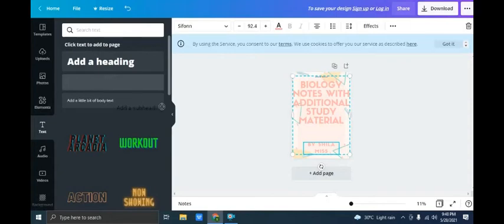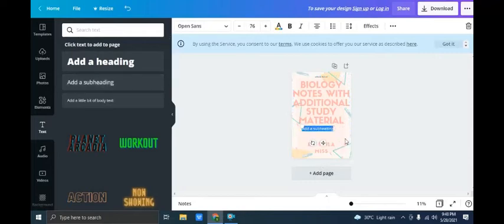Now if we want to give something text, we'll click on text, and here are heading and subheading. You can just take the subheading part. If this type of thing comes up, you can cross it from here, they are of no importance. Add a subheading, or the little body of the text, you can choose here. Now take backspace, clear it, and then whatever you want to write, you can write over here.